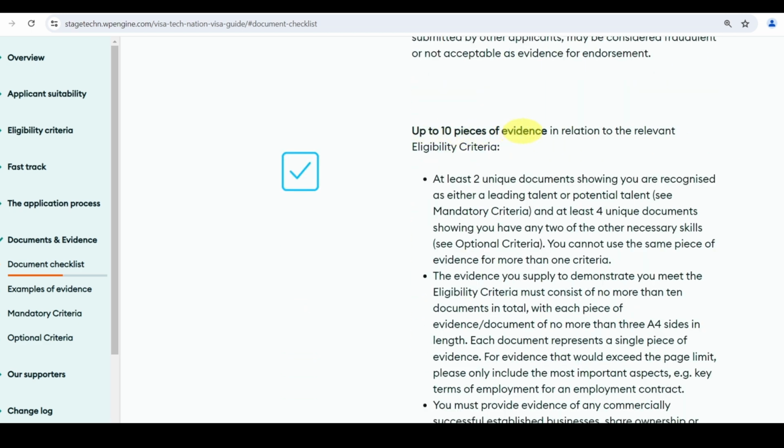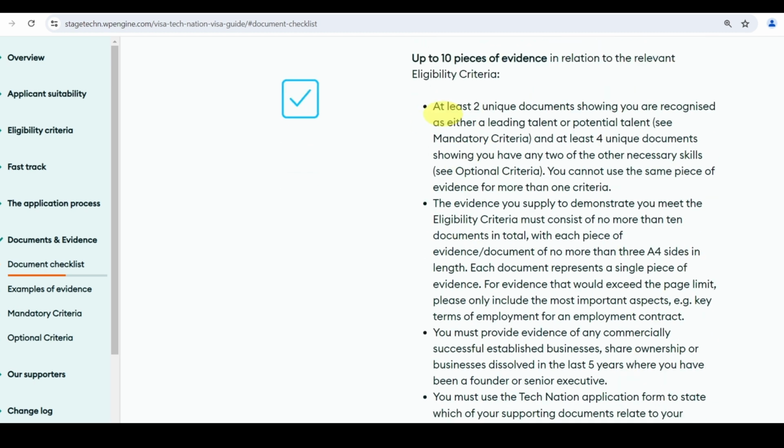Up to 10 pieces of evidence. We will discuss this part in detail. What do we mean by evidence? At least 2 unique documents showing you are recognized as either a leading talent or potential talent, and at least 4 unique documents showing you have any 2 of the other necessary skills. You cannot use the same piece of evidence for more than 1 criteria.